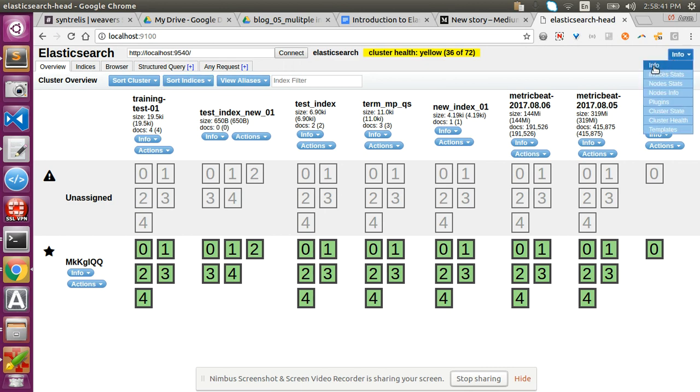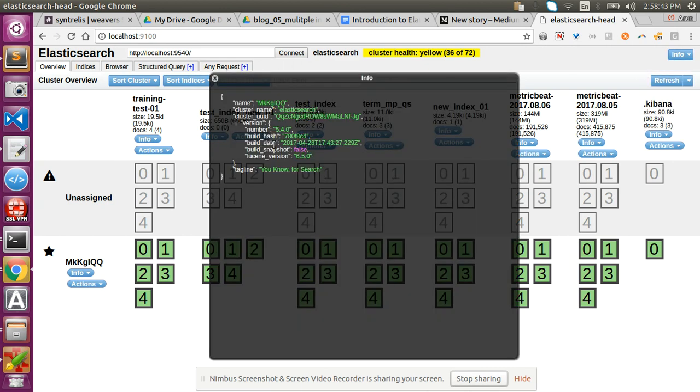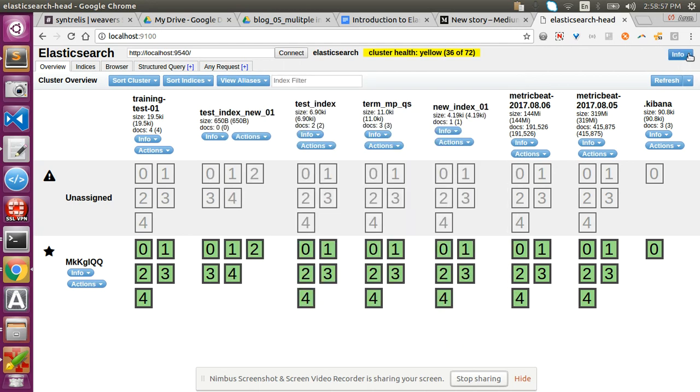Here we have the information table. Here we have basic information about the node, the cluster name, the node name, the version of Elasticsearch being used, etc. And we have another